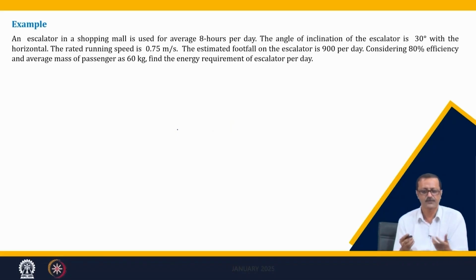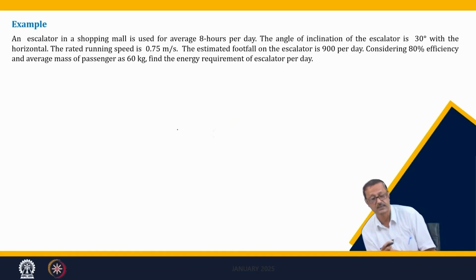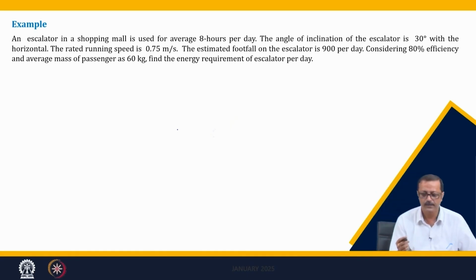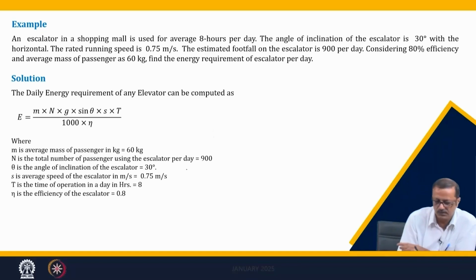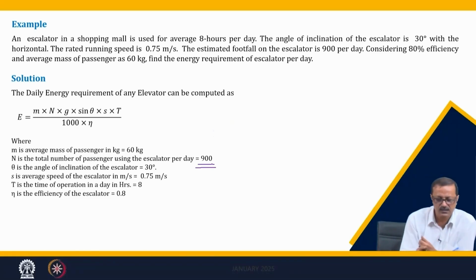So, what I have found out here, to give an example, is a shopping mall, where the average work will be 8 hours per day. The angle of inclination is again 30 degree with the horizontal, and the rated running speed is 0.75, the same as before. The estimated footfall of the escalator is 900 per day, so that is your n, now 900. The estimated footfall per day of the shopping mall is 900, which you need to survey and estimate, and the average mass of each passenger I have kept as 60 kg, 30 degrees inclination, this is the rated speed,